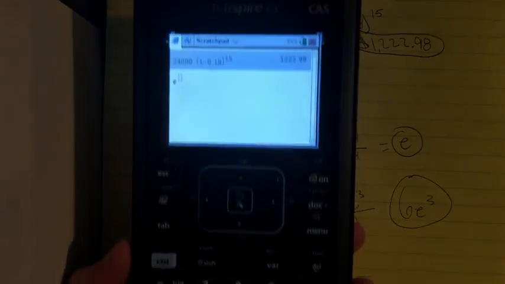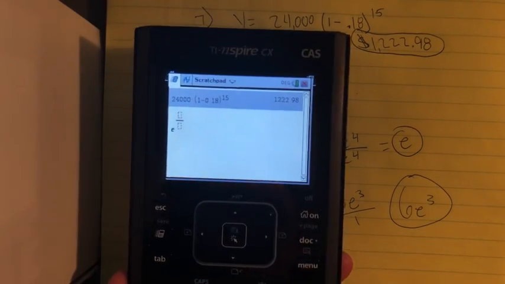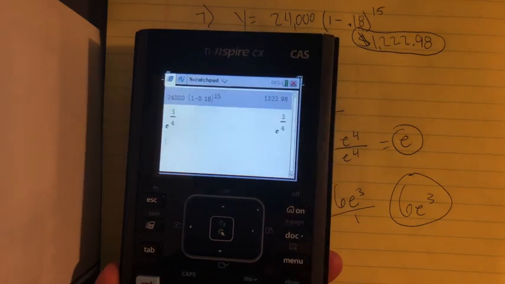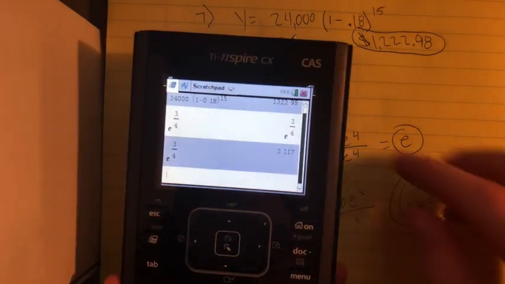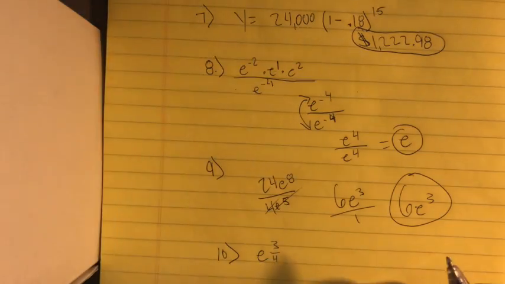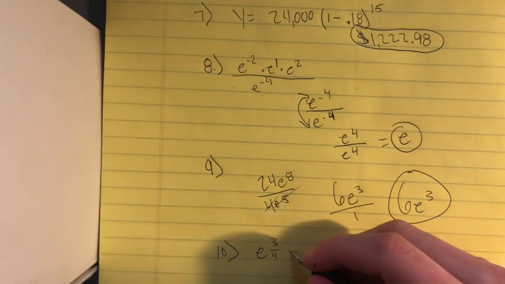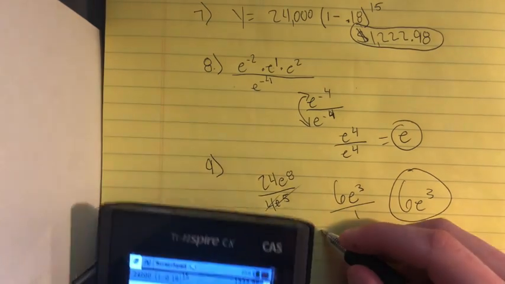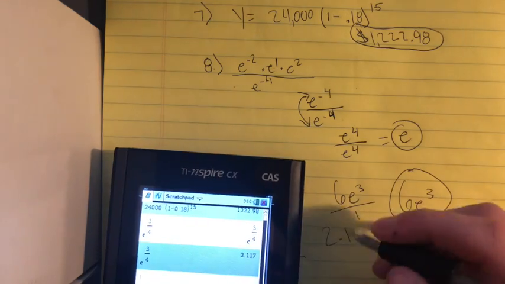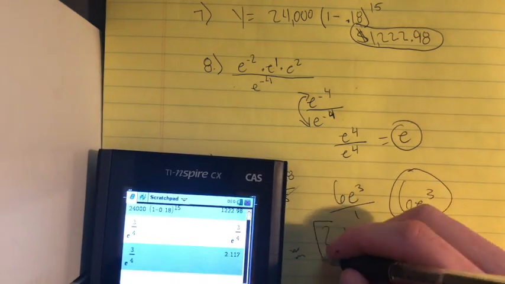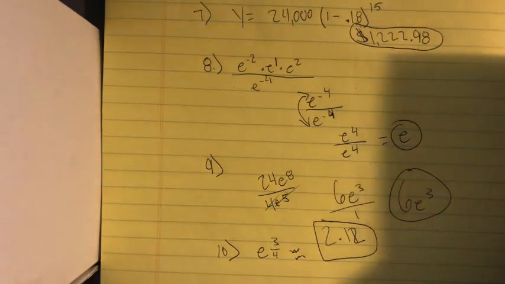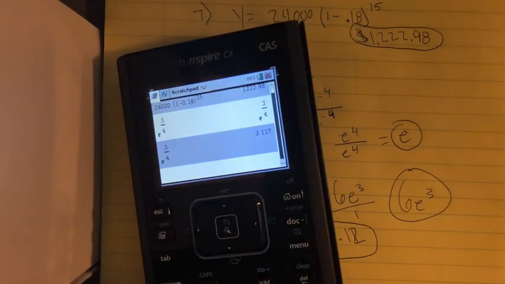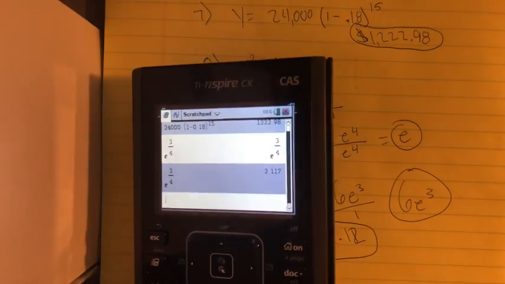So we click E and we put it in, but we have to do control divide for that 3/4. We enter, we're going to control enter, and we get 2.17, or 2.12, and that is your final answer. So let's move on